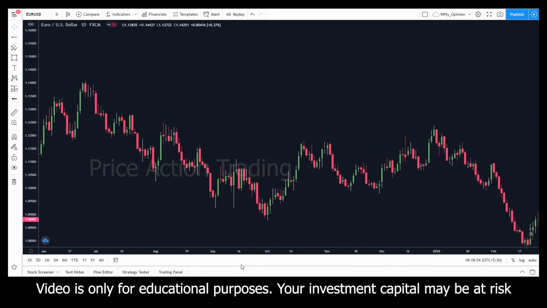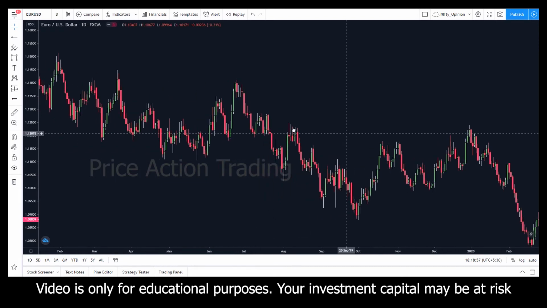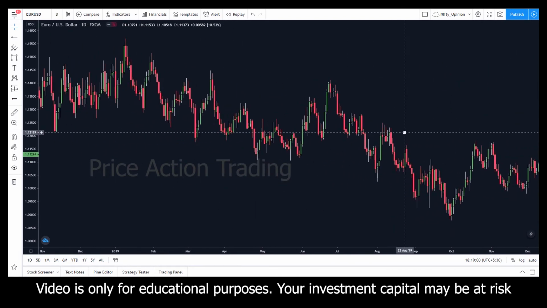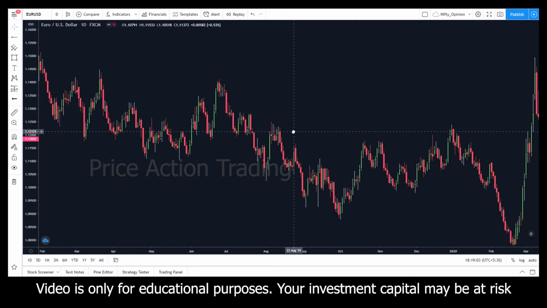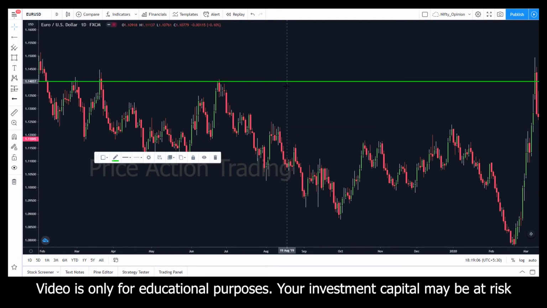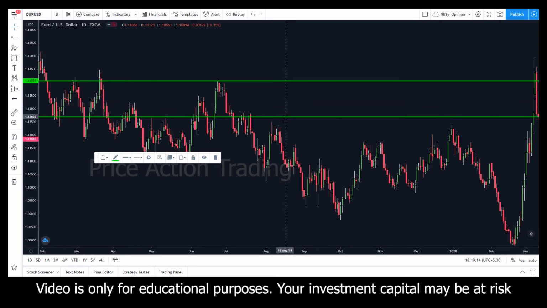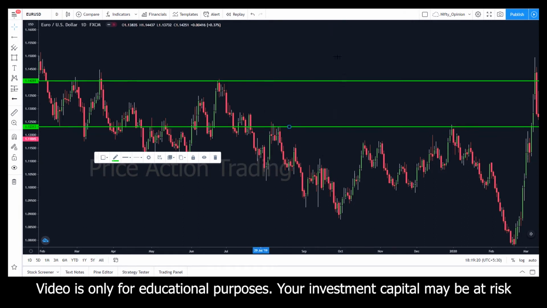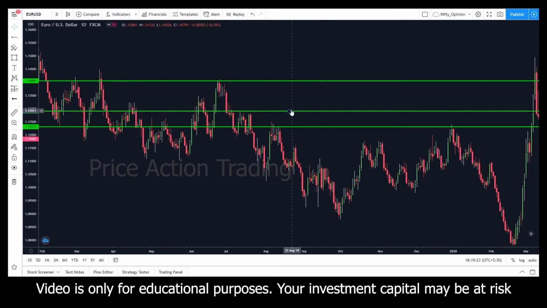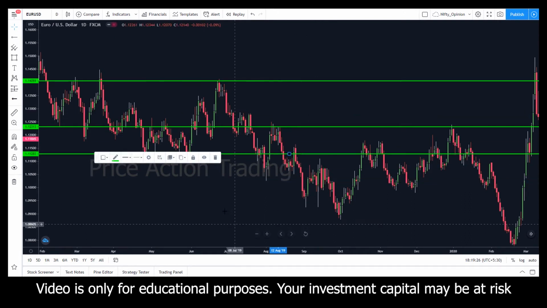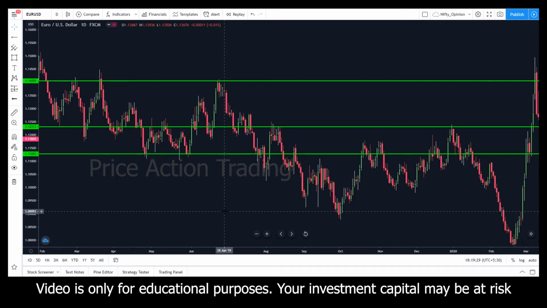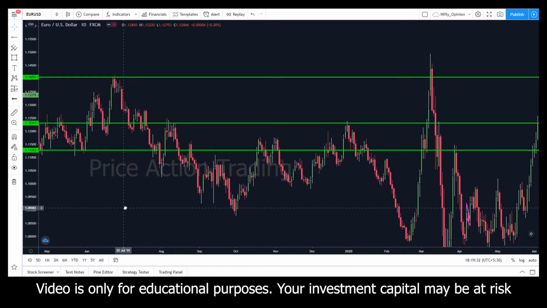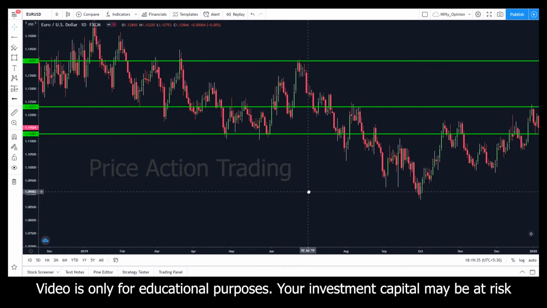Now if I zoom out even more, I can mark the support and resistance clearly. So if I mark support and resistance, this would be my support and resistance. I'm sorry, this is resistance. If I mark again, this is resistance. This is also resistance. So you can see now the big picture: zoom out the chart and then you can see the support and resistance in your terms.